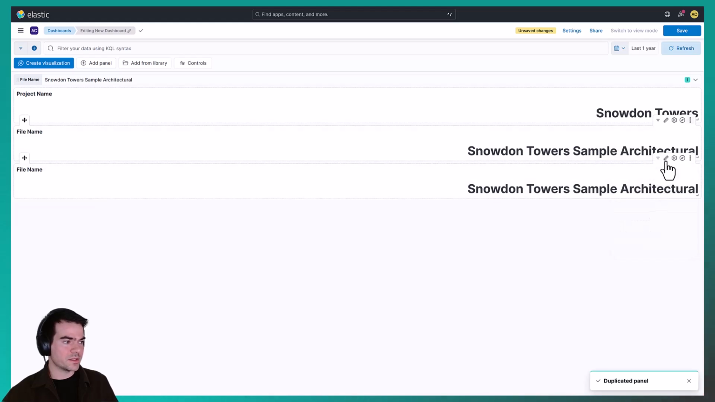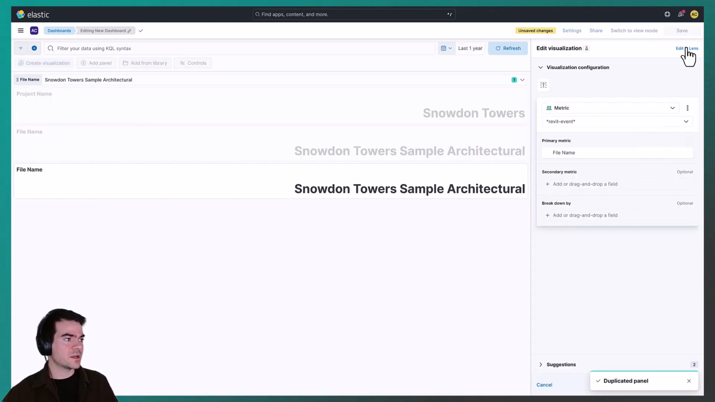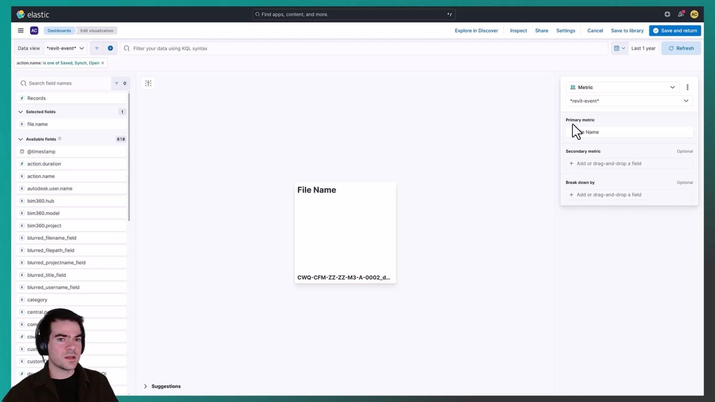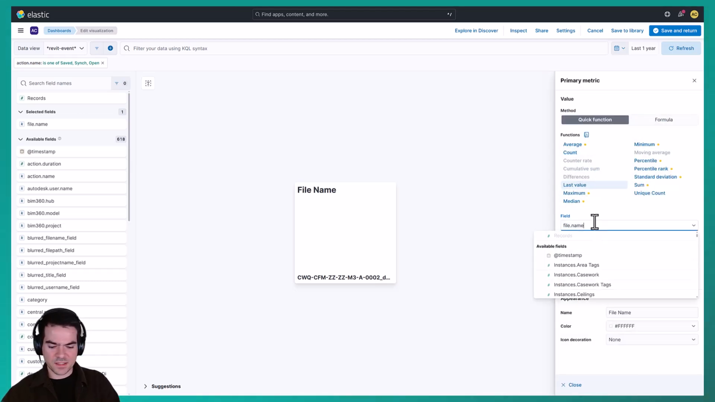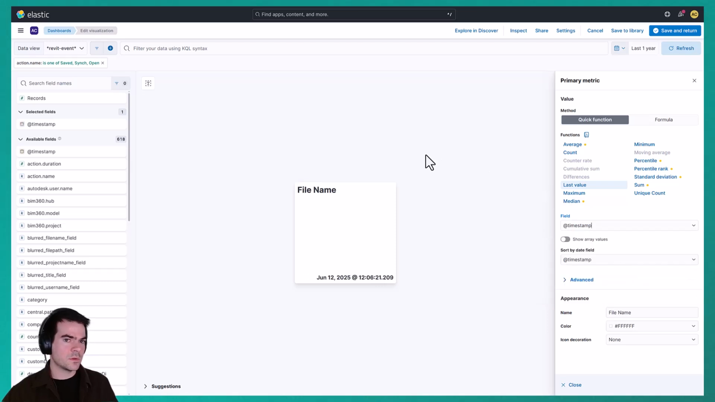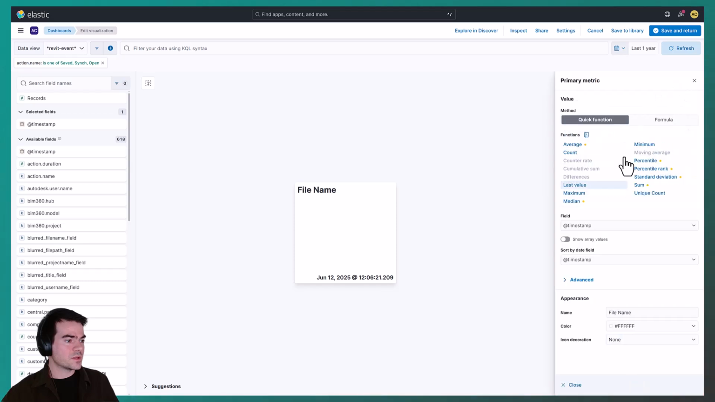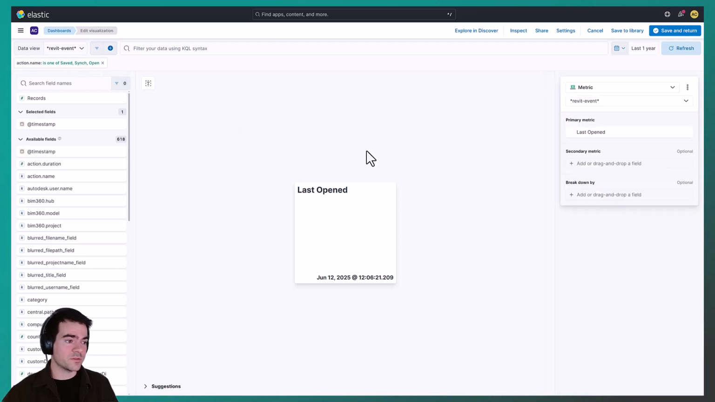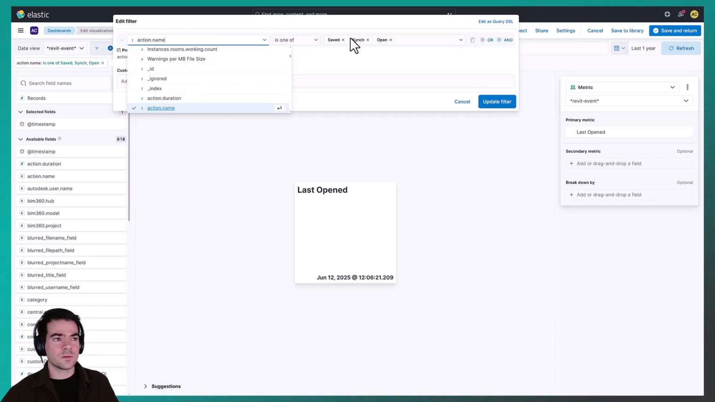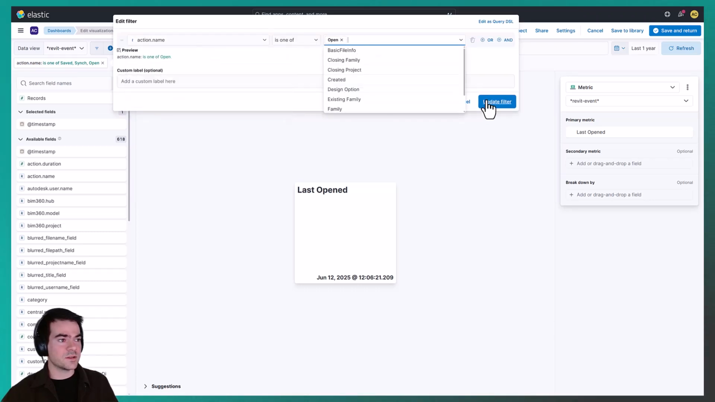We can again duplicate this metric visualization, click on edit, go to edit in Lens, and for the primary metric, I will now select the timestamp. And now we're seeing the last timestamp. However, we do want to see when this file was last opened. But we're looking at documents from save, sync, and open events. We can filter for open events in one of two ways. We can either edit this filter so that it excludes save and sync events,